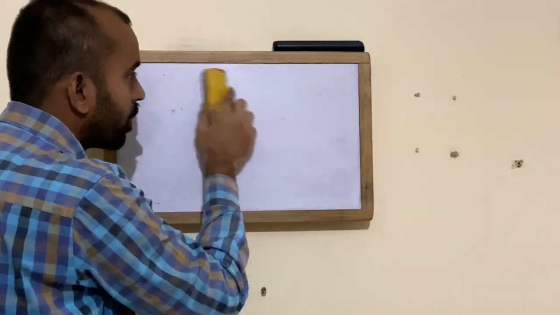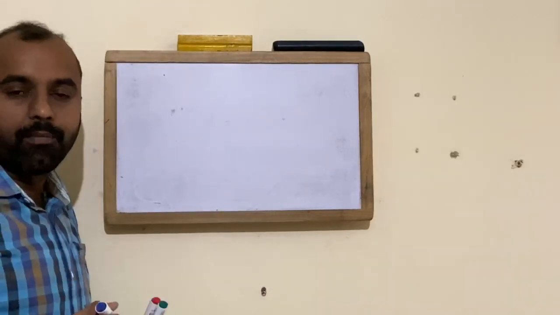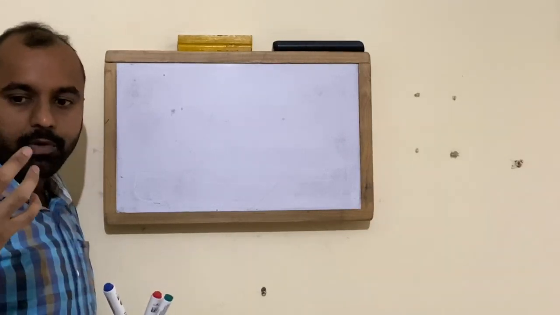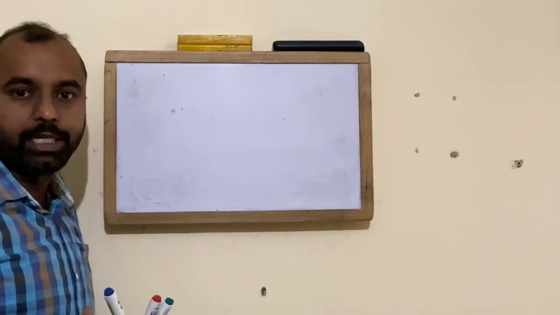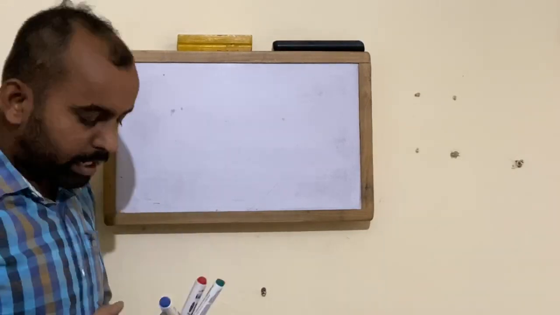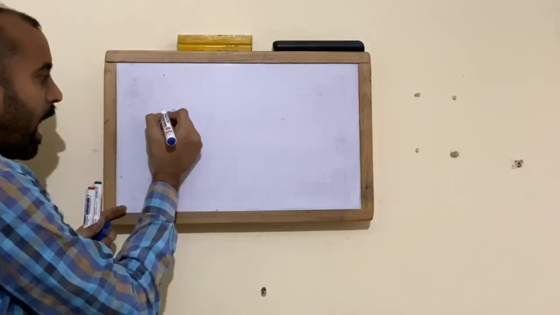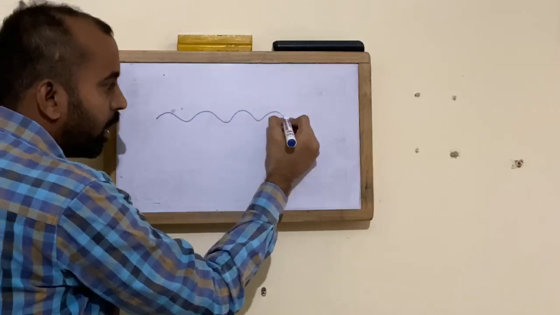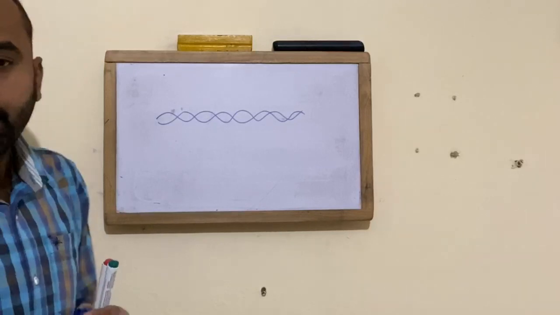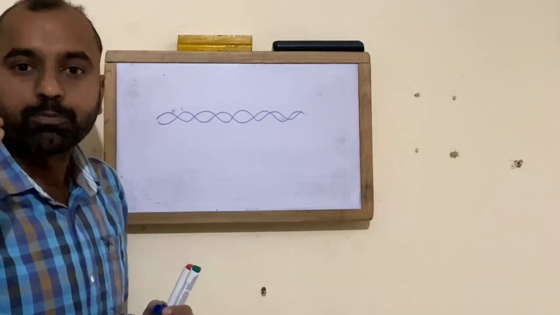For that you need to know some basics of fermentation as well as some basics of recombinant DNA technology and some fundamental aspects. However, I will try to cope up with all the other parameters. First and foremost thing is you need to identify the genome which is responsible for production of this surface protein or spike protein.